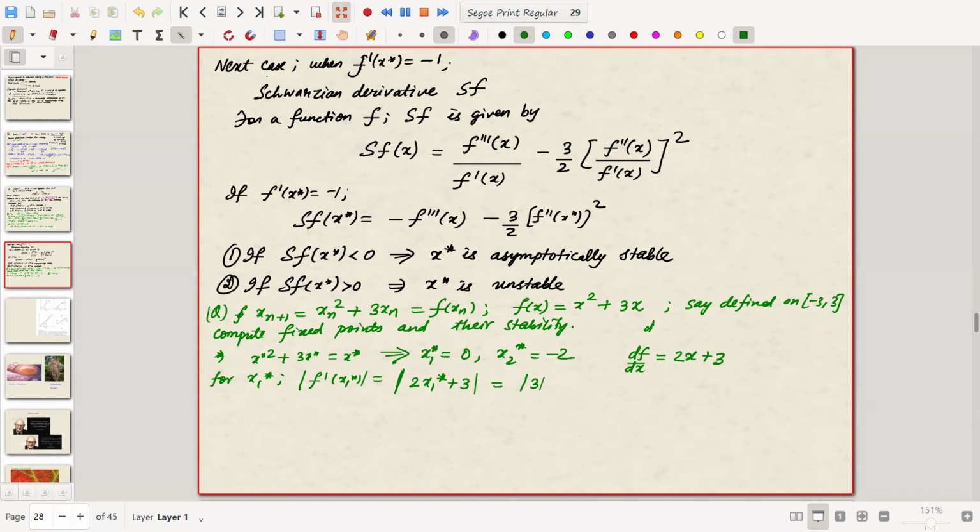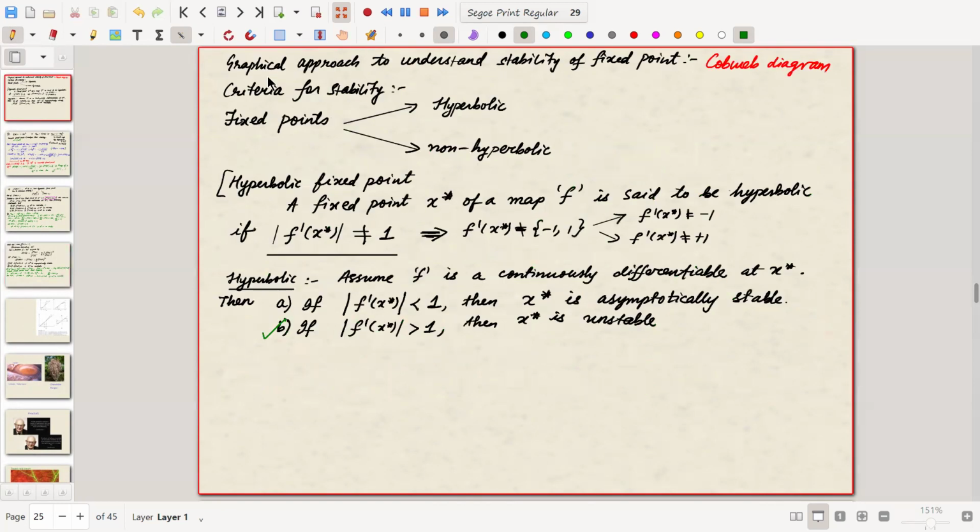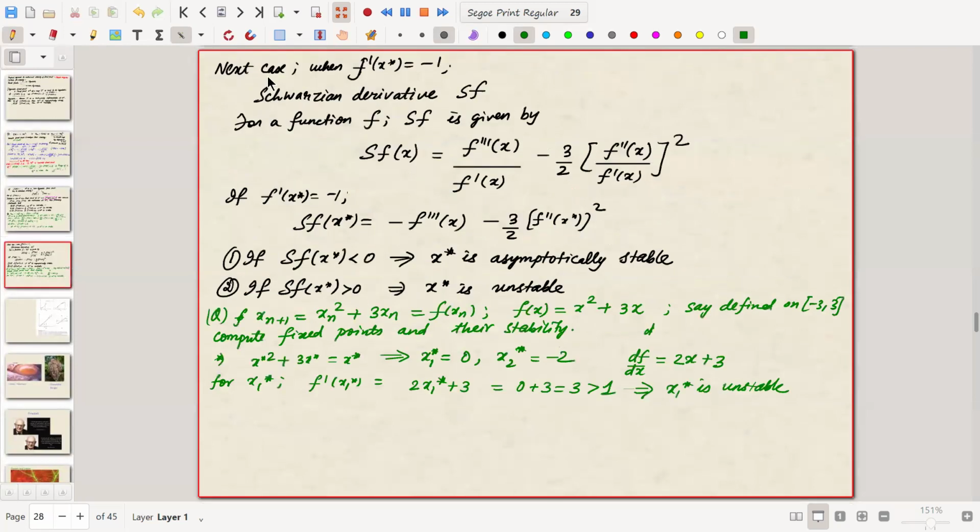Sorry, I should not have taken the mod, no? It's just the value. What is this? 0 plus 3, right? This is greater than 1. That means it is unstable. How is it unstable? Depending on this one: if f prime of x is greater than 1, it is unstable. Now the tricky part lies